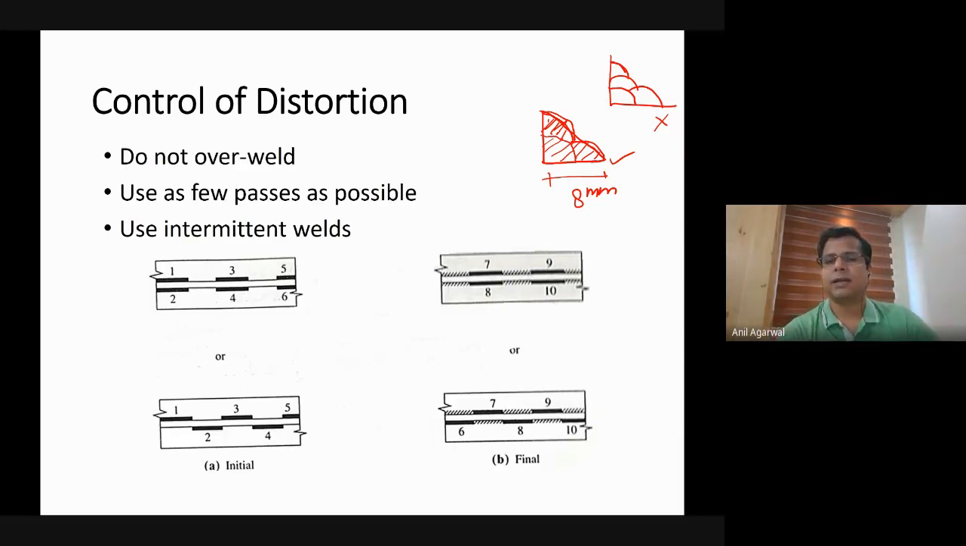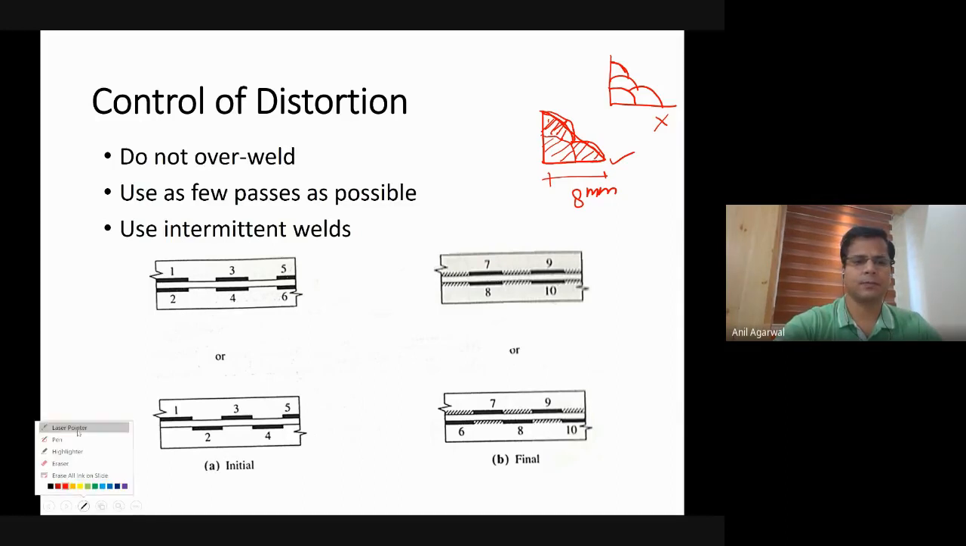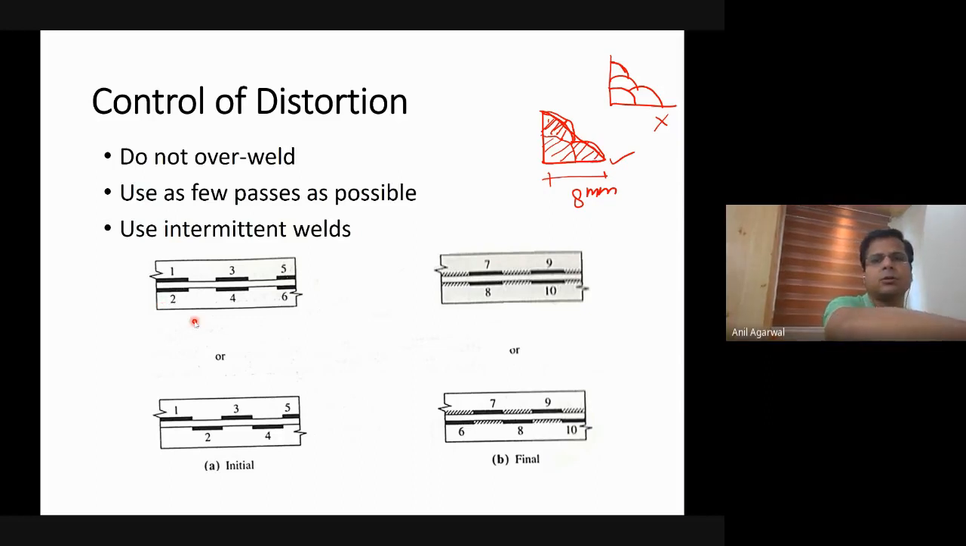Use intermittent welds. That is a very important one, and that is one thing that you can immediately know whether a person knows his welding or not. For example, if these are the two plates that you are welding. These are the two plates. One plate is perpendicular to the other. Maybe I can show you the other view. So this is the top view. Side view will be,